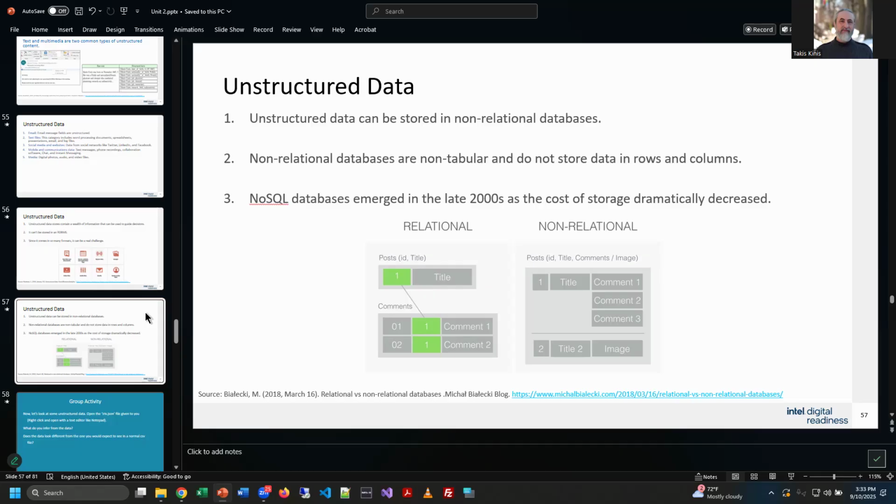And so they're showing you here, for example, if I had a relational database, I might have one table that lists posts on a website, and there's an ID number and a title, and then there's a comment related to the post that ID number here relates to, and we can kind of structure it and tie them together.